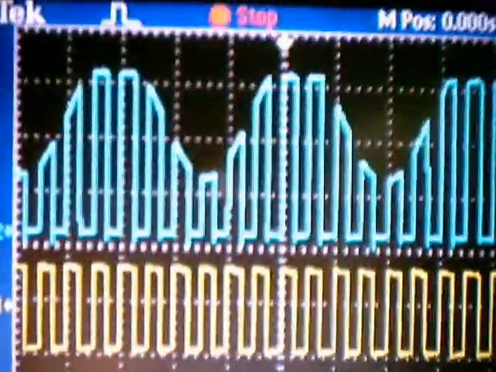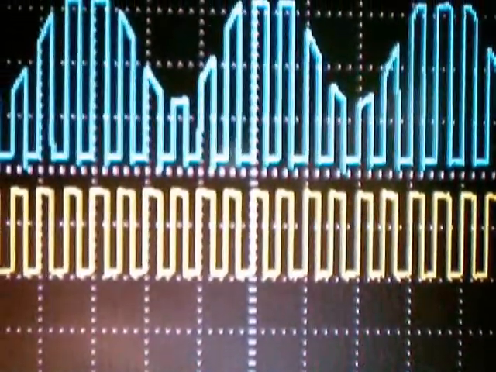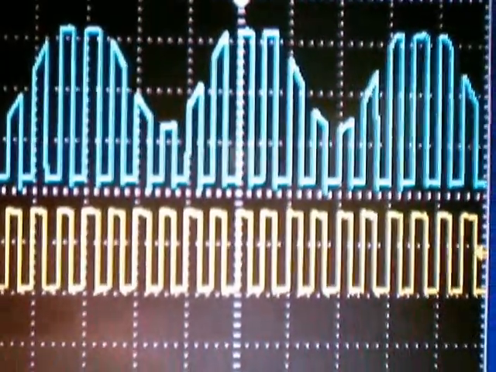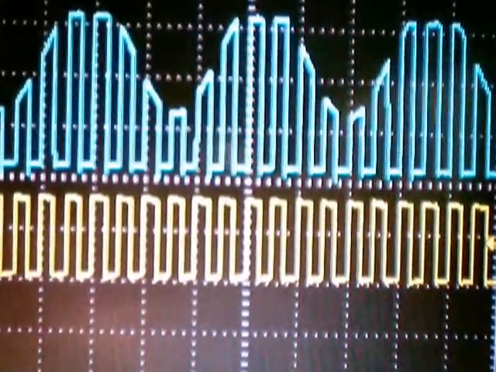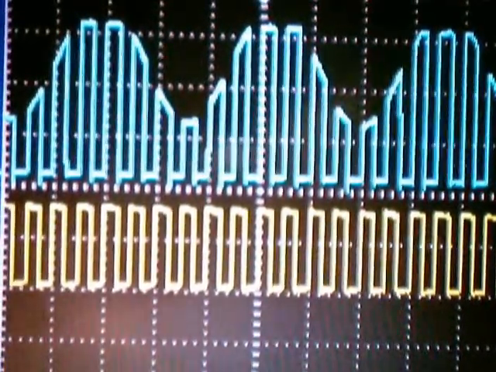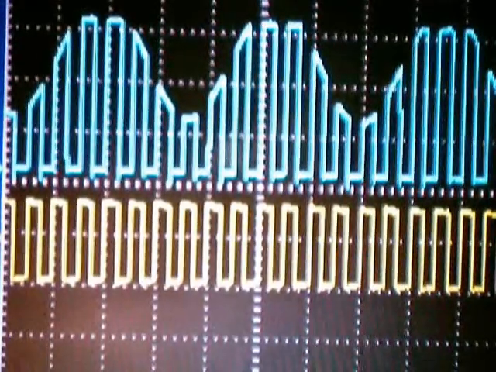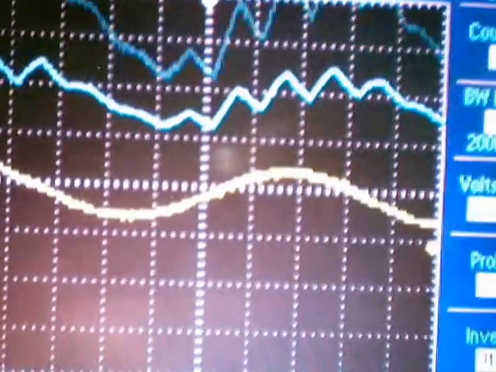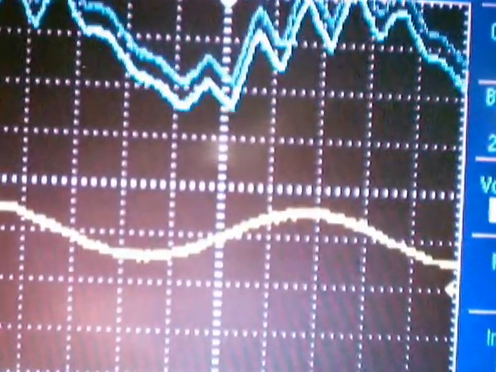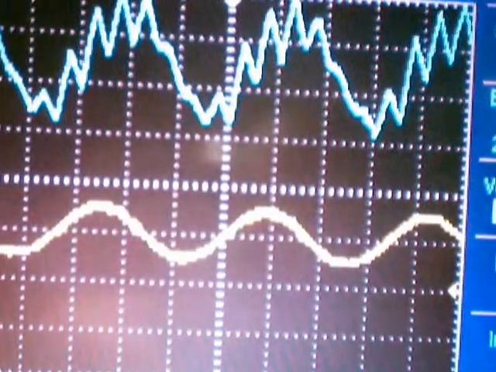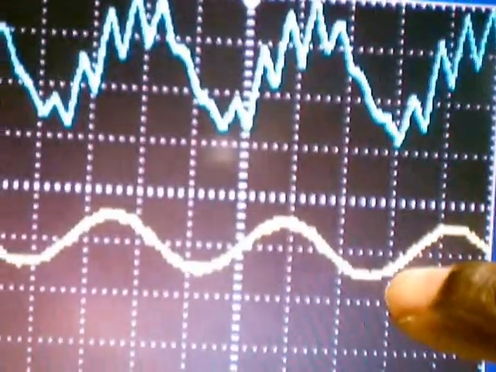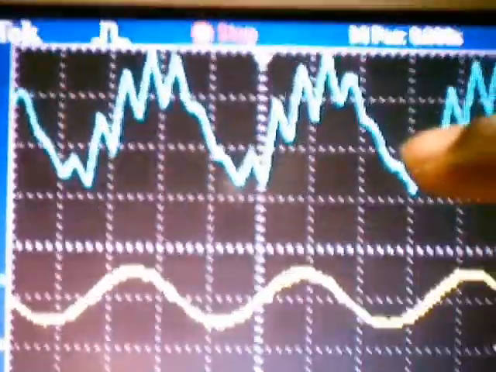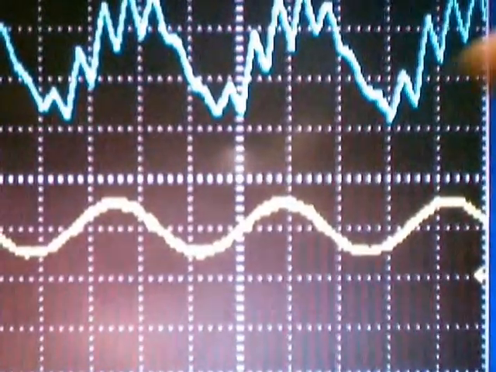Now is it satisfying the Nyquist criterion? Because the number of samples per cycle is more than 1, it is certainly satisfying the Nyquist criterion. Now let us see whether we are getting the demodulation or not. To verify that, we'll compare it with the modulating signal. As you can see here, this is my modulating signal, this is the demodulated waveform from the PAM signal. You can see there is a lot of ripple.